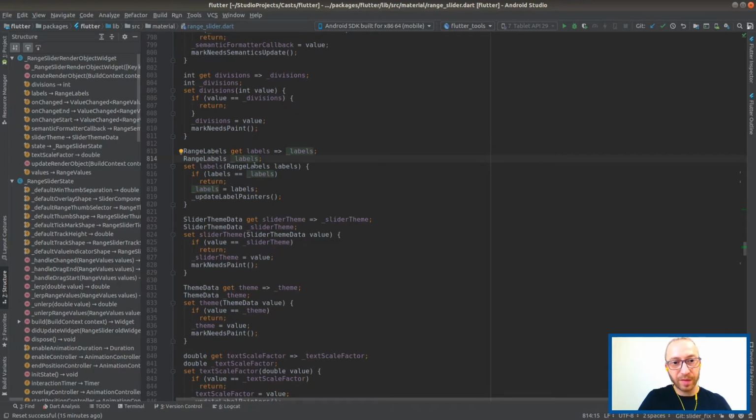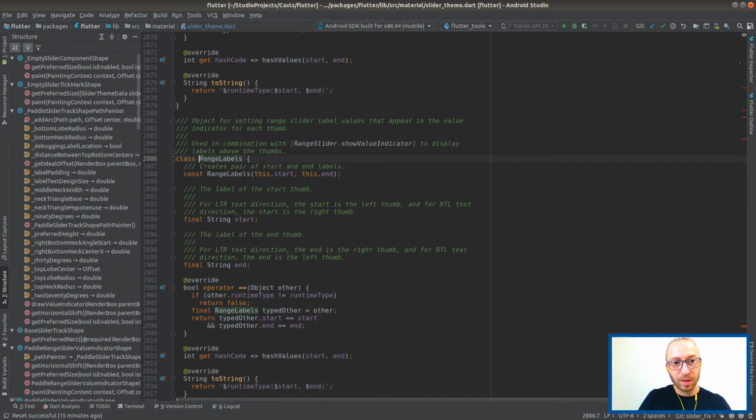It's not specified here, but these are labels, values that appear in the indicator. So show value indicator, right? Used in combination with range slider, show value indicator.